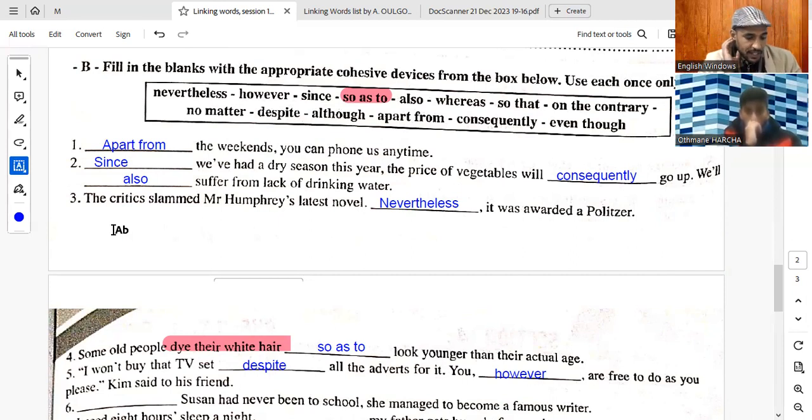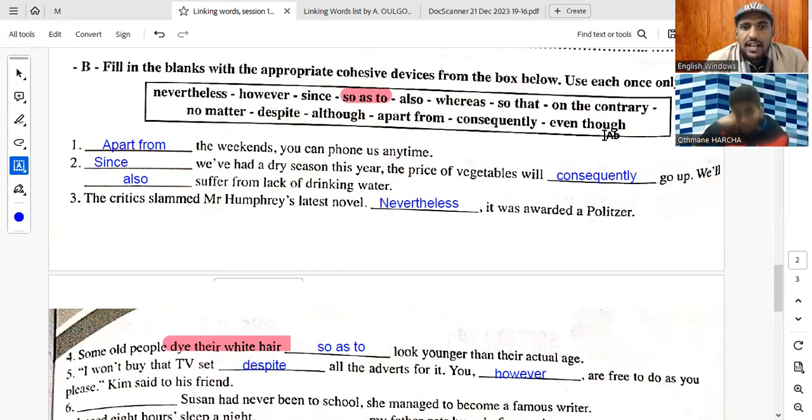What? Whereas? No, really. Whereas is if we want to express contrast. Here we want to express concession. We want to express concession. What? On the contrary. On the contrary, this is contrast. On the contrary, we would need to put a comma and express contrast. Susan had never been to school, she never went to school, right? Even though she never went to school, meaning she was able to become. What? Where is that? Right, even? Yes. Even though, right? Yes.